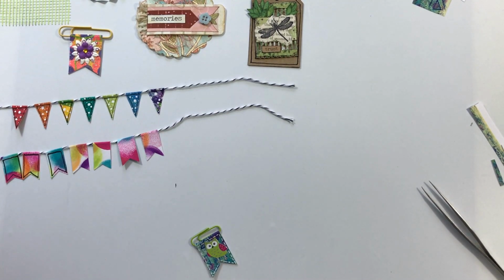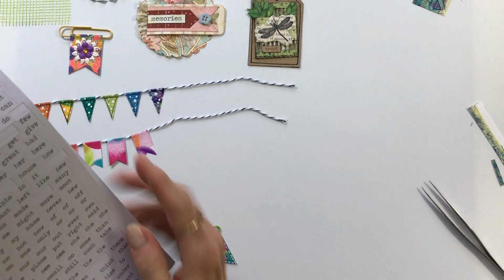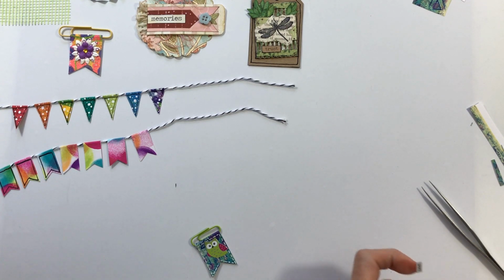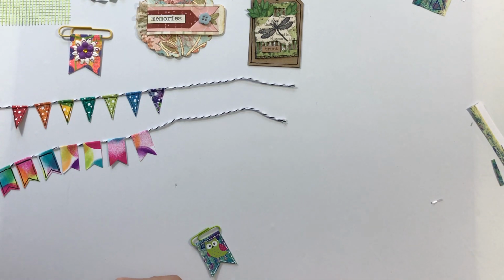Okay. And I've got a little word from the Tim Holtz Chit Chat stickers. I'm going to put the word "C" in place, and it's a tiny word, and I'm going to trim it down to make it even smaller, and that way I have room for the word to fit on the banner flag. Let's see, get that. There we go. Okay, just a tiny little piece,